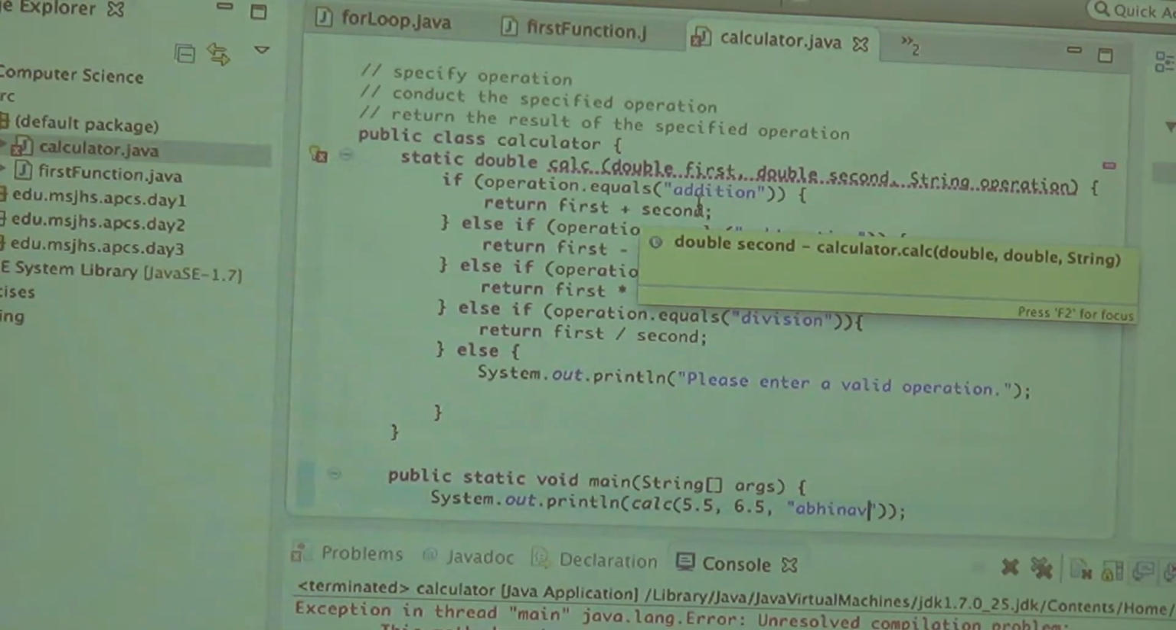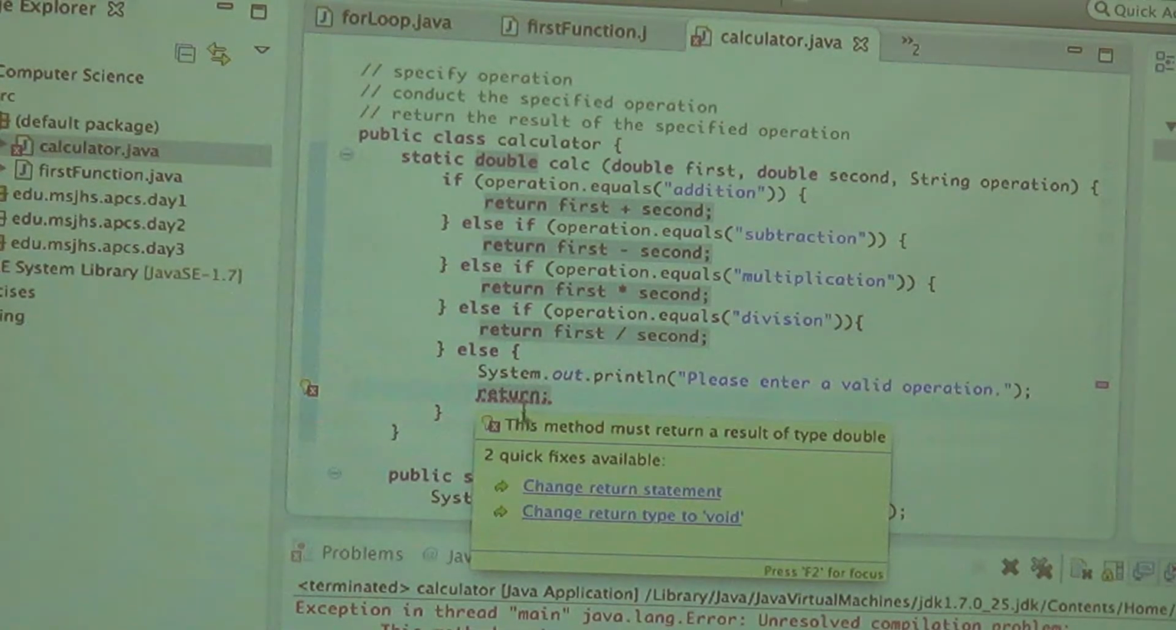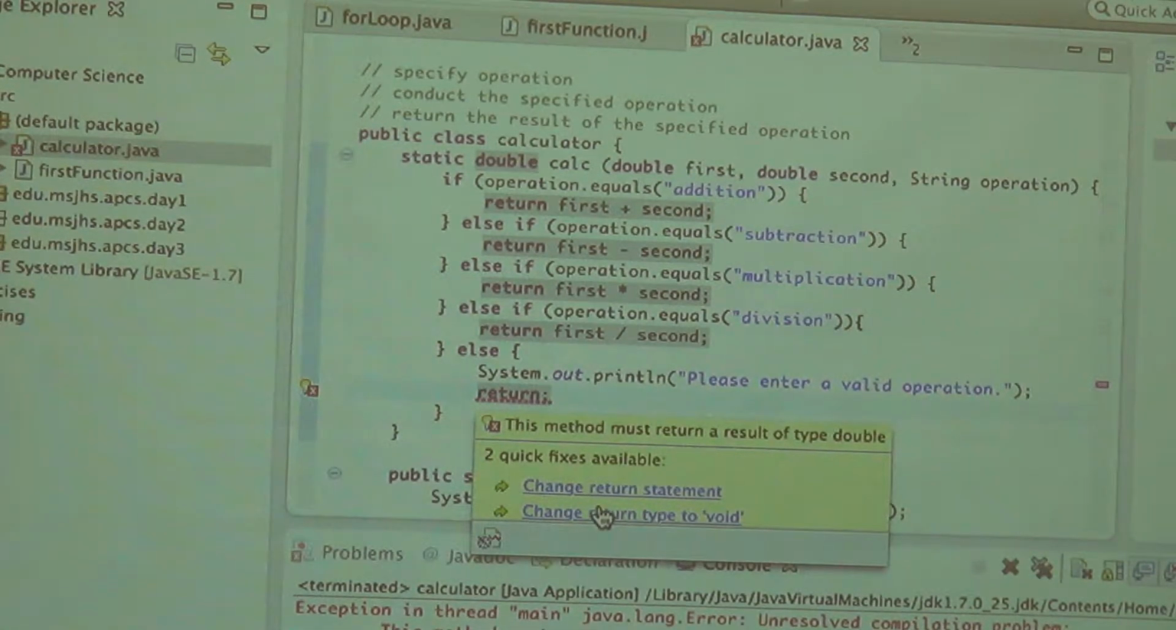Any other guesses as to what we could return in our else statement? Anand? No, void? No. Okay, so in Java, or in basically any programming language, we're able to just have the return statement by itself. What's this? Must return a type of double. Okay, so